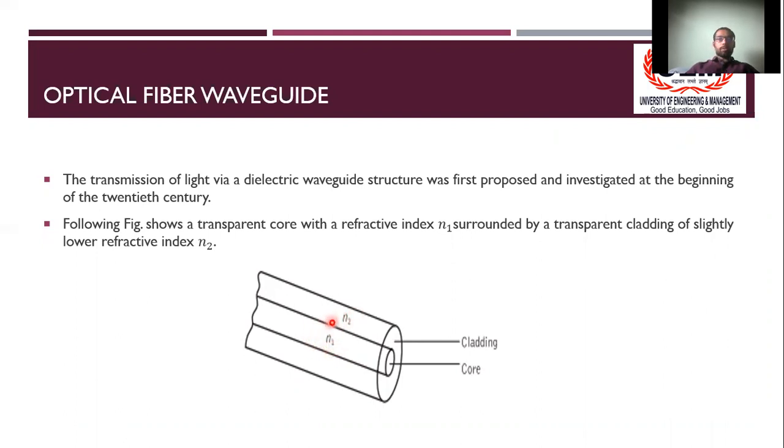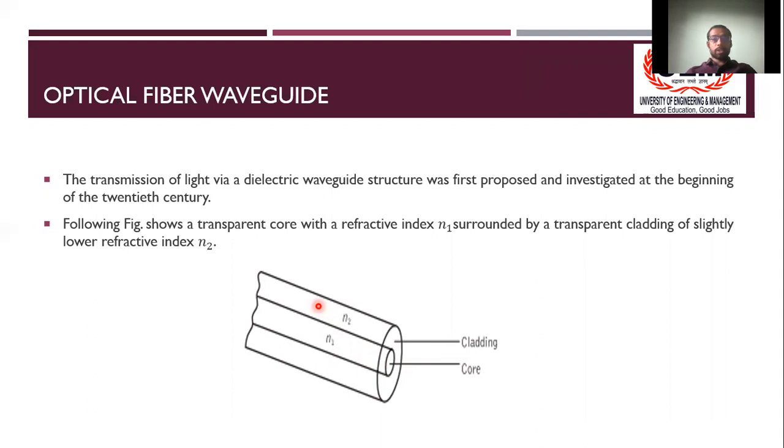And this is the basic necessity of the fiber optic cable or fiber optic core, that we should maintain the refractive index of the core greater than the refractive index of the cladding. While transmitting light through this fiber optic core, we will always want our light ray to traverse only through the core region. It should not leak or go out through the cladding region. If there is any leakage of light to the cladding region, that means we are losing the information that we are transmitting.